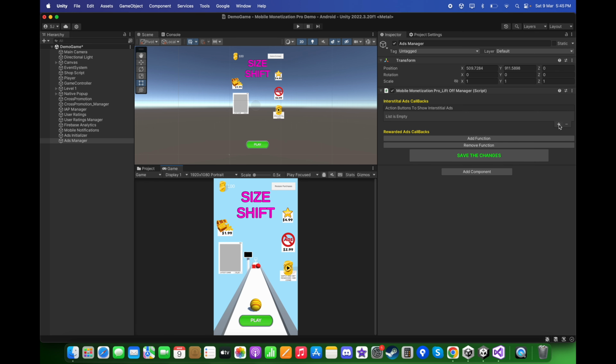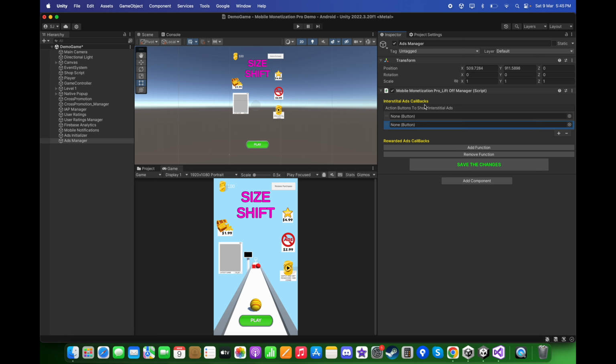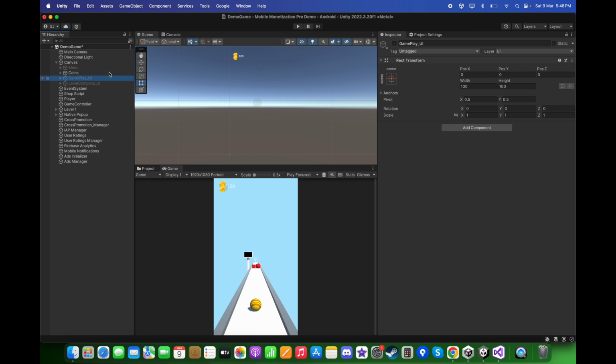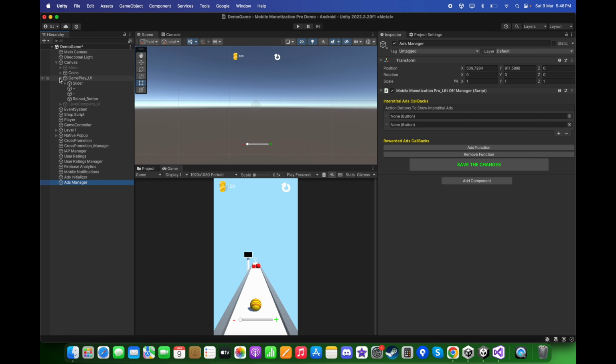Now click on the plus sign and here let's add the interstitial ads callbacks buttons. In this case, I am going to deactivate the menu for now and activate the gameplay UI. And here, as you can see, this reload button, I want to display an interstitial ad when this reload button will be pressed. For this, I will expand the gameplay UI, drag and drop the reload button over